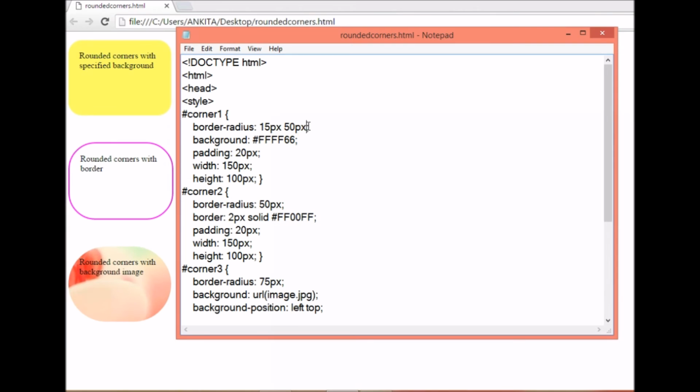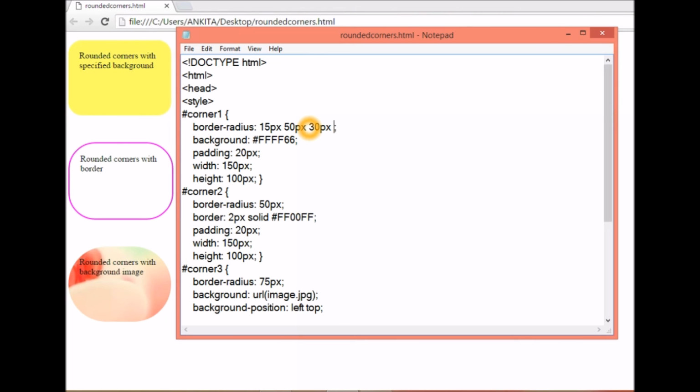And if we make changes and define three values like 15, 50 and 30 pixels, then by this we'll be defining the top left, then the top right and bottom left together, followed by your bottom right. Well, your next option is if you define four values and you want to define all these values with different pixels.